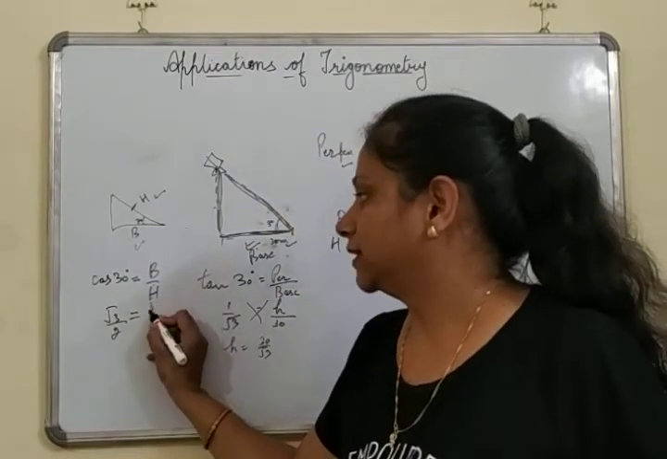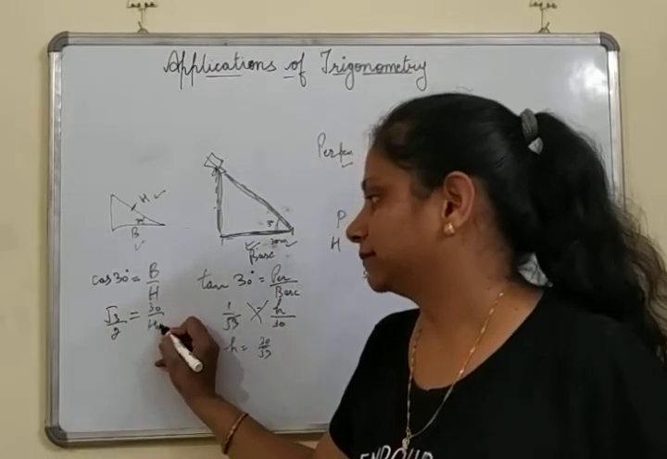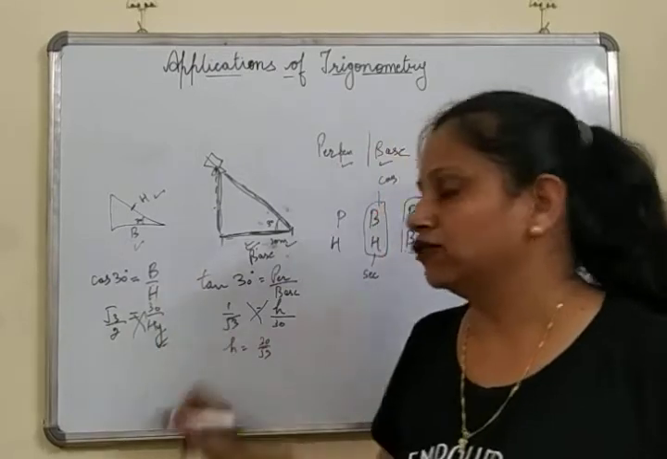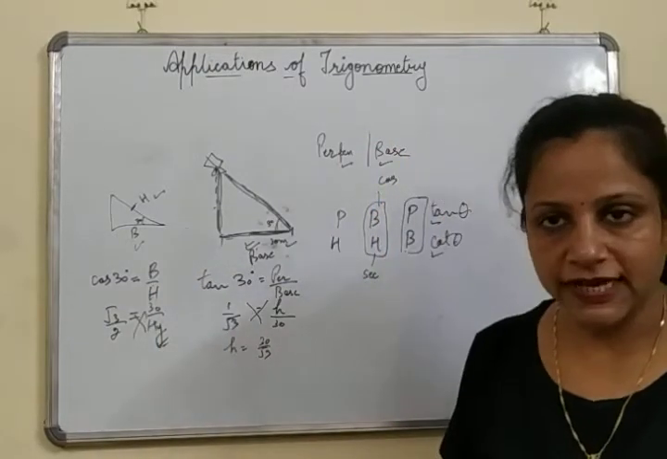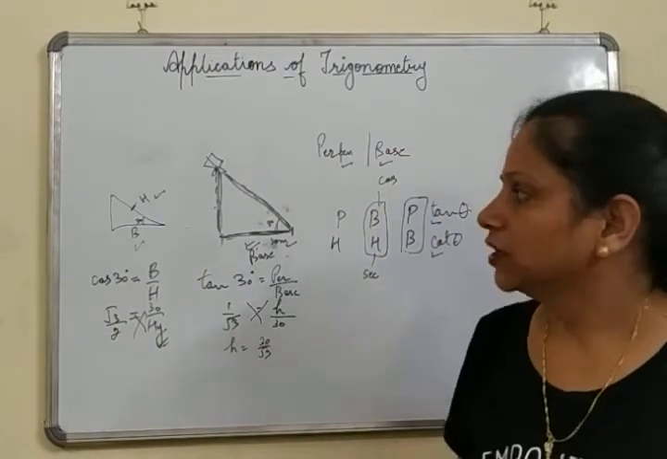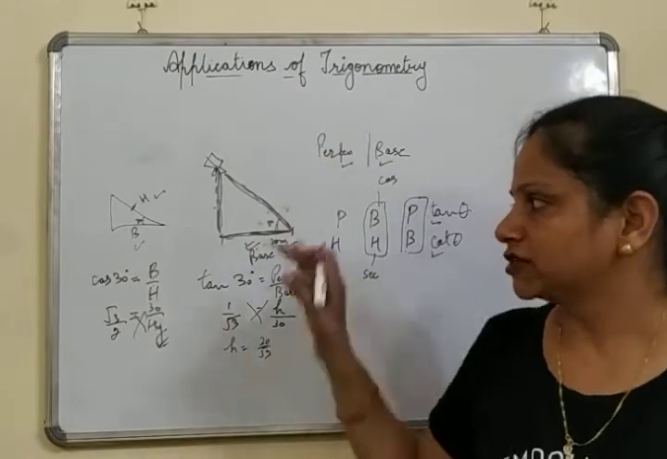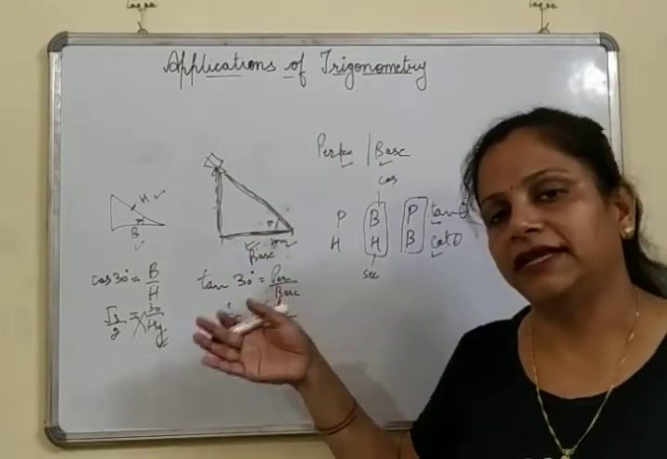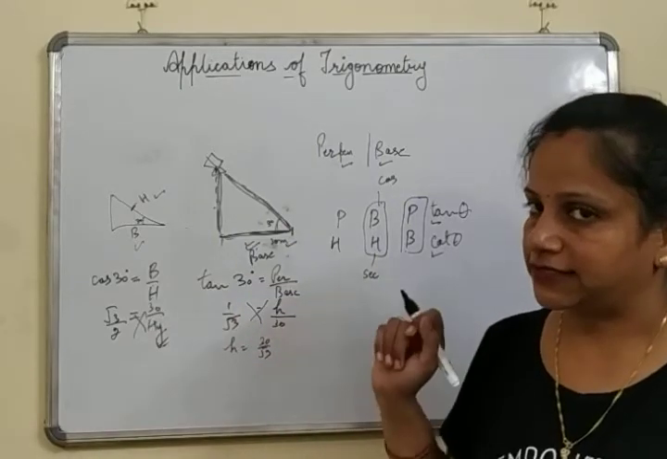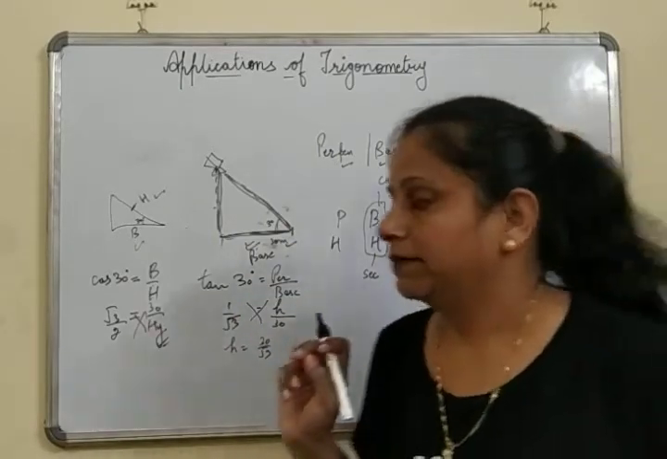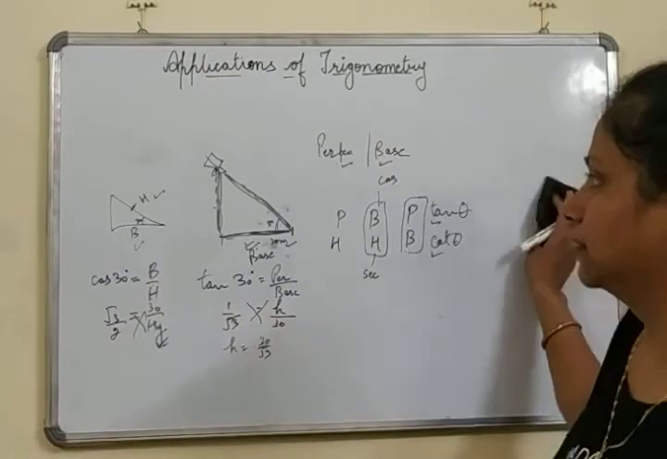Base is what? 30. Hypotenuse हमें नहीं पता. Can we solve it and get the value for hypotenuse? Obviously yes. Fine. So this is all about the application of trigonometry. अब ये तो सिंपल चीज़ थी कि how we can find the length और height और the distance. ठीक है. अब मेन चीज़ जो इसमें आती है, there we have